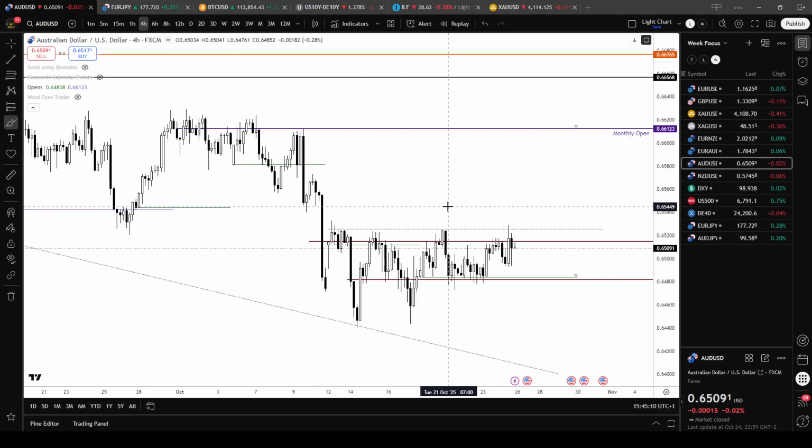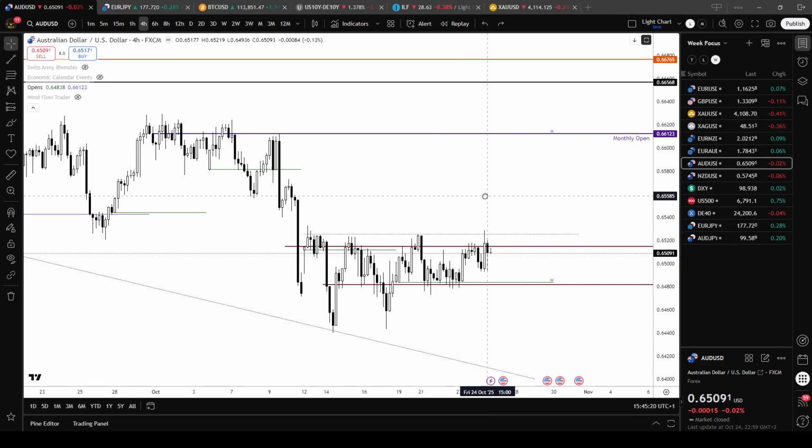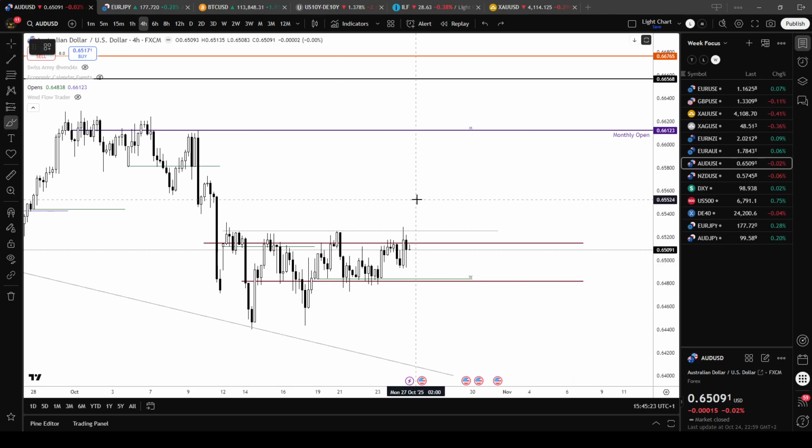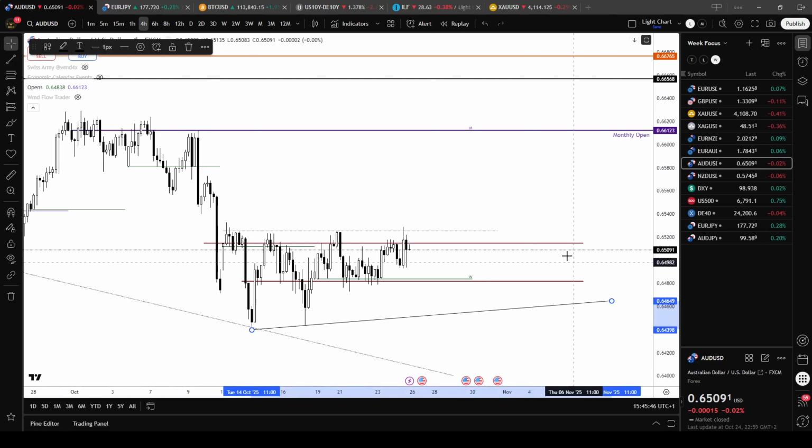And this again lines up well with the expected behavior on the euro for the next week. Why? Because I said the euro probably moves higher in the first half of the week and probably sells off later. Okay, and remember, euro can go down and AUD can go higher. You know, normally they move together, but its currency moves independently. So I'm open to a few scenarios here. Okay,